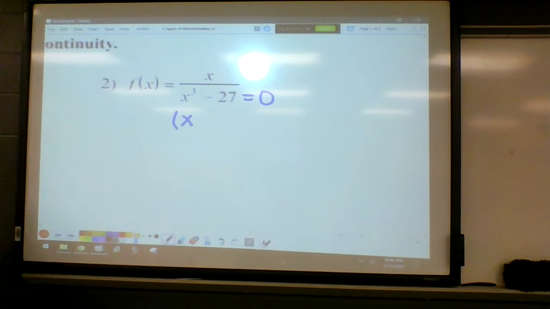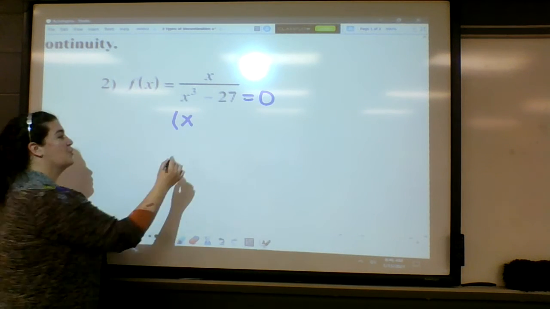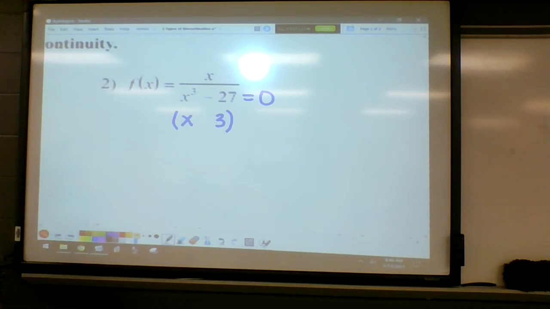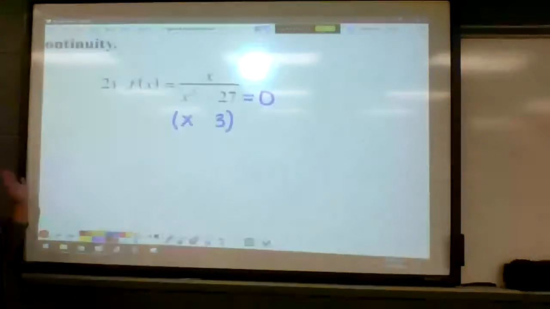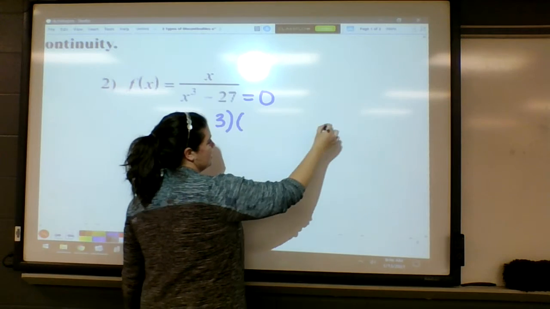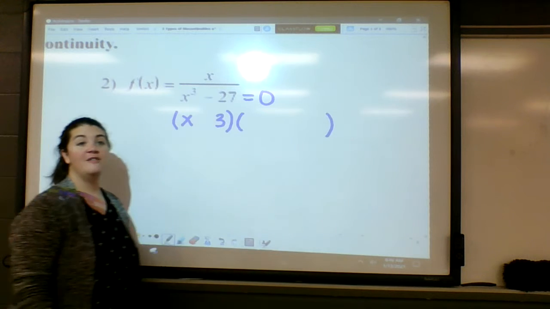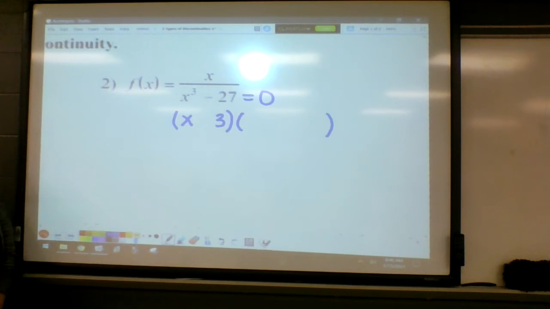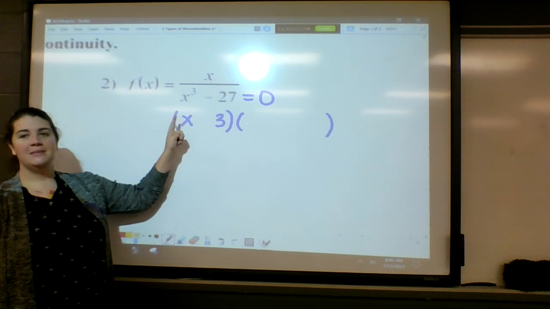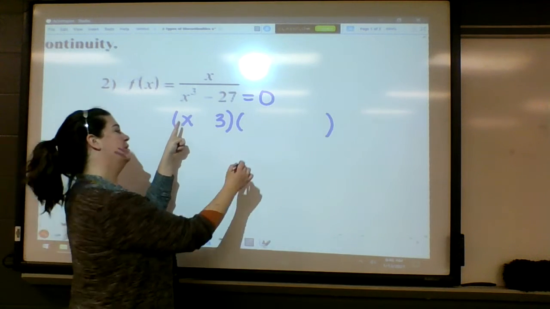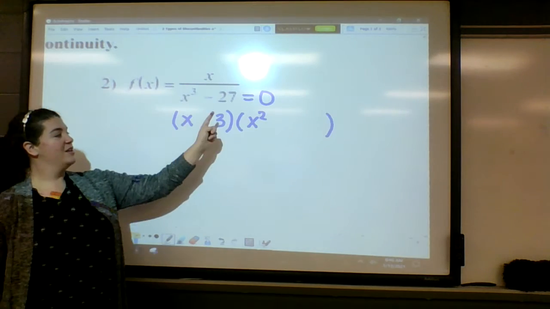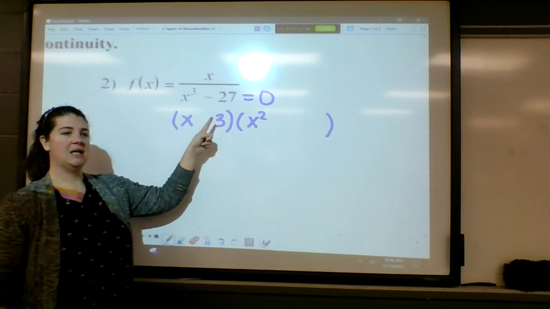And then what got cubed for 27? 3. And I always wait and put my signs on last. Just like in the Google Meet, I always just wait, signs last. So I have x and 3. So the second set of parentheses is based off of the x and the 3. And it's always the same pattern. So you're going to start with the x, and you're going to do x times x. X times x is x squared. And that'll go in the front. And then you'll do the same thing with the 3. 3 times 3,